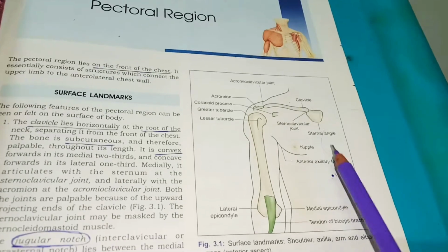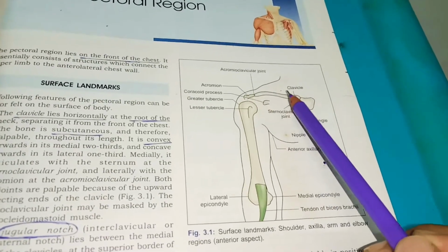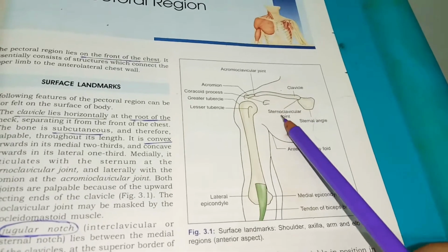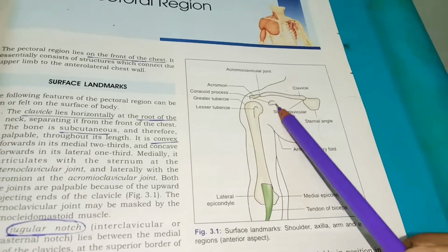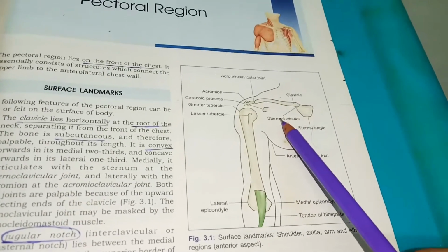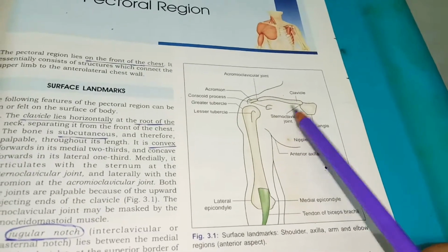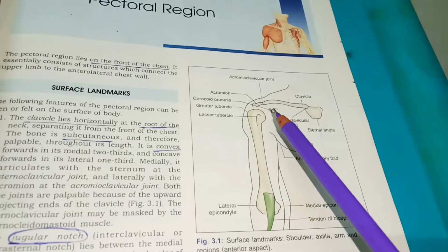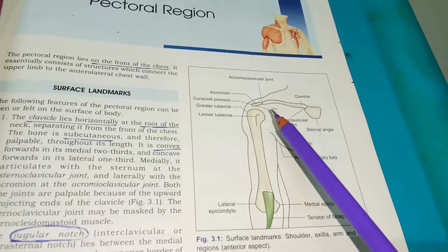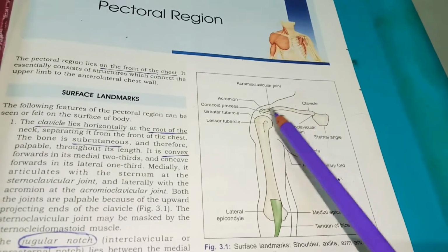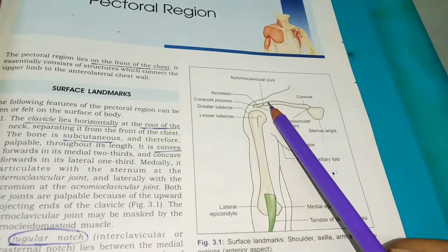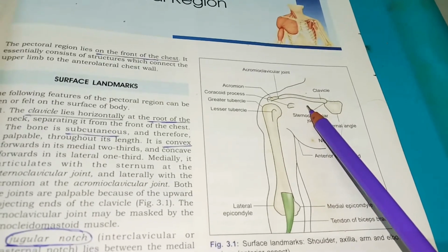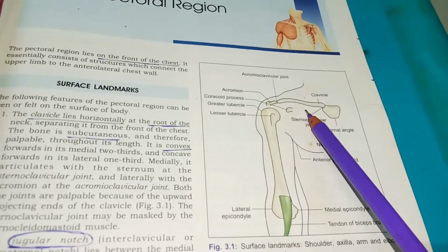Next, coming to the infraclavicular fossa. You can say this is the clavicle. Infraclavicular means below the clavicle. Below the clavicle you have the fossa, which is called the infraclavicular fossa. It is also called the deltopectoral triangle. Why it is called that, I will explain. It is just below the junction of the lateral and middle third of the clavicle. This is lateral, this is middle. Somewhere over here you will find the infraclavicular fossa or the deltopectoral triangle.